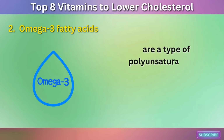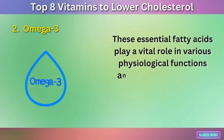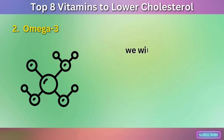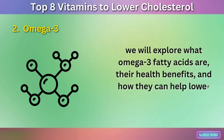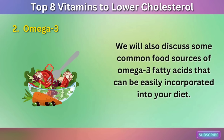2. Omega-3 fatty acids are a type of polyunsaturated fat that are crucial for maintaining optimal health. These essential fatty acids play a vital role in various physiological functions and have been linked to numerous health benefits, including lower cholesterol levels. We will explore what omega-3 fatty acids are, their health benefits, and how they can help lower cholesterol. We will also discuss some common food sources of omega-3 fatty acids that can be easily incorporated into